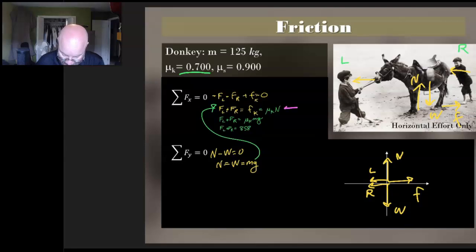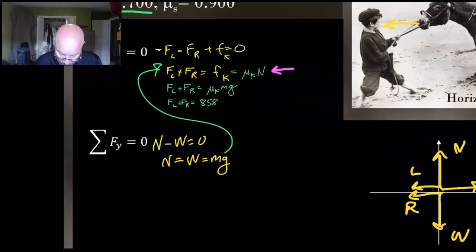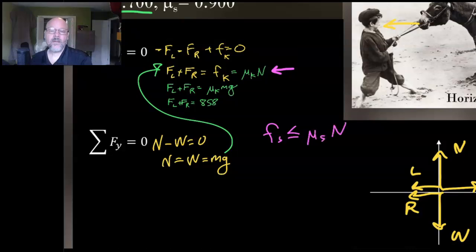Then everything's the same except we have to change this equation. We've got to change that equation right there, because for static friction, we have to say it's less than or equal to the static coefficient times the normal force. So one difference, a really important difference, between dealing with static friction and kinetic friction is